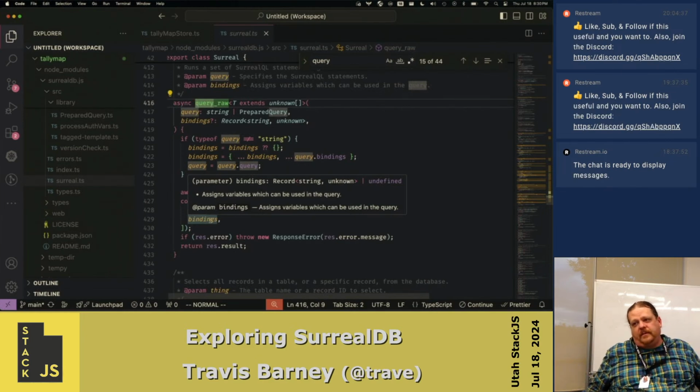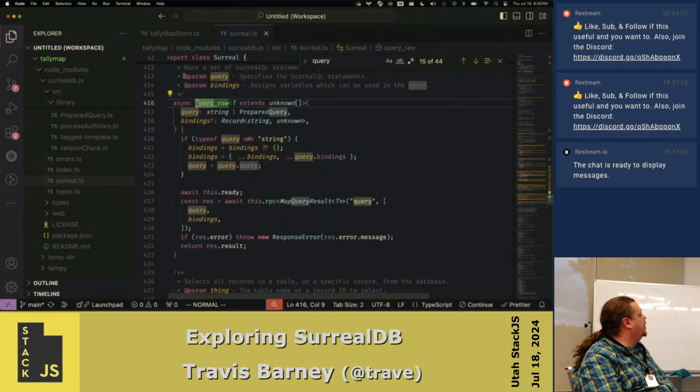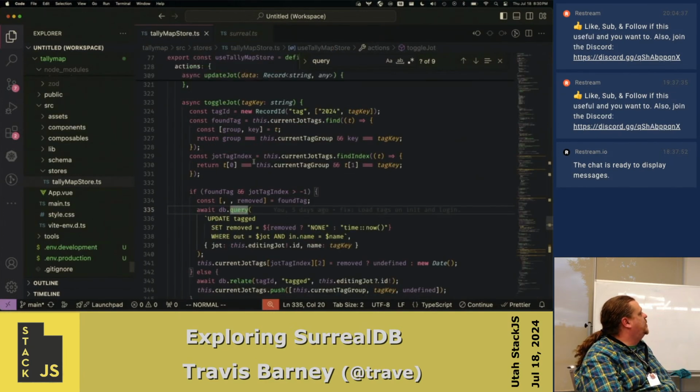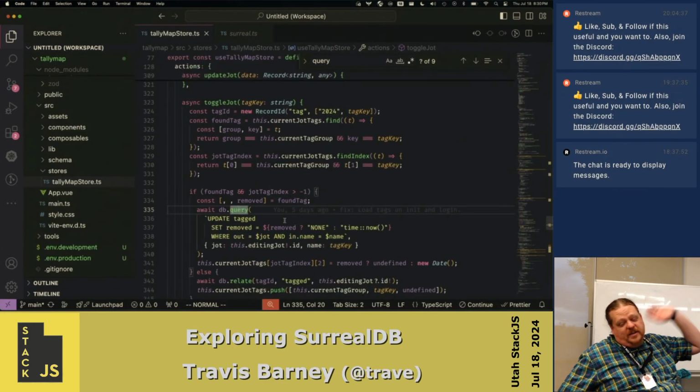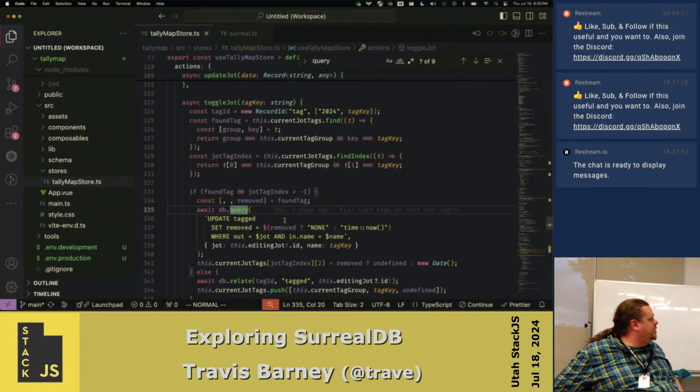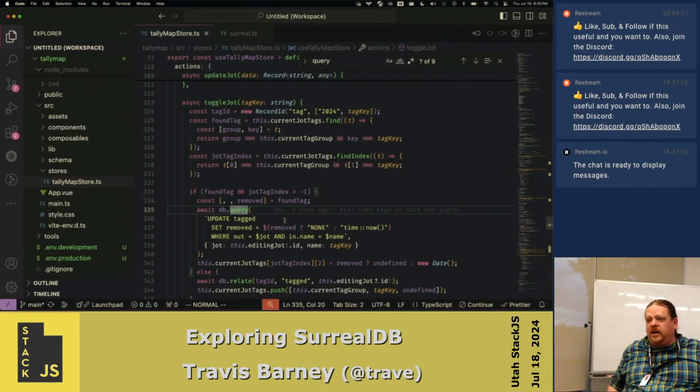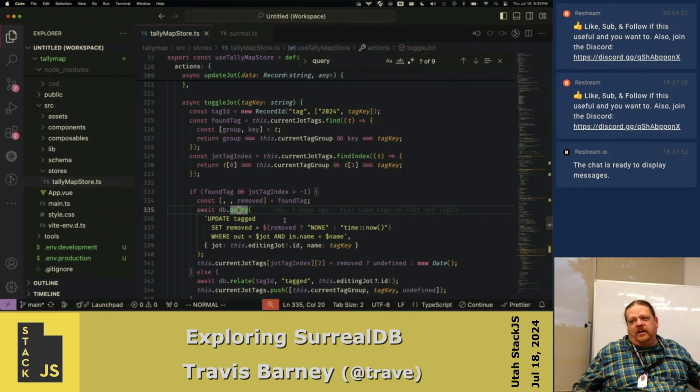So are you using it in production for like at a remote? Or the most real world thing is that tally map that I've done so far. That's just a little learning UI of making the queries directly, so people would hate to see that, doing raw SQL right in your client code. But as long as you've got good constraints on your schema so that users can only select and read and write